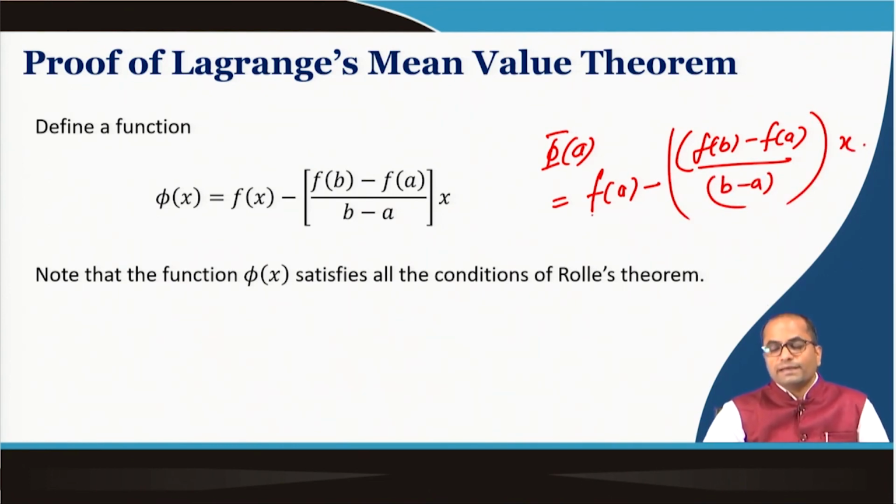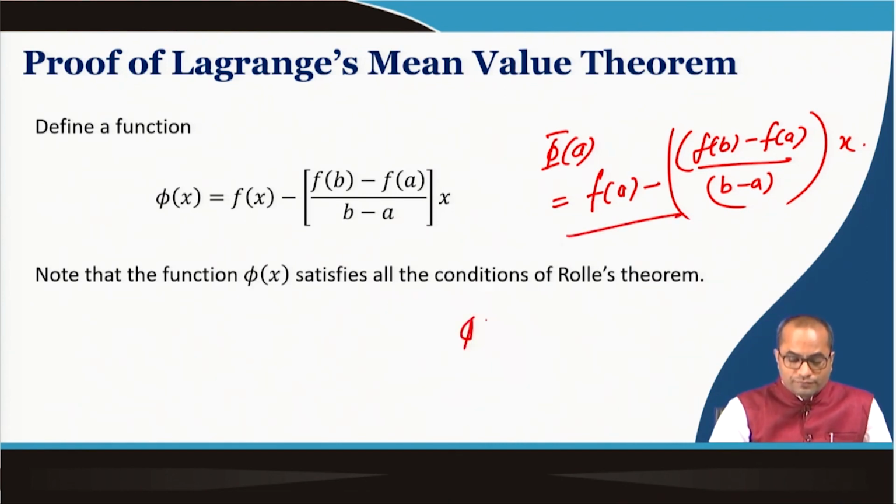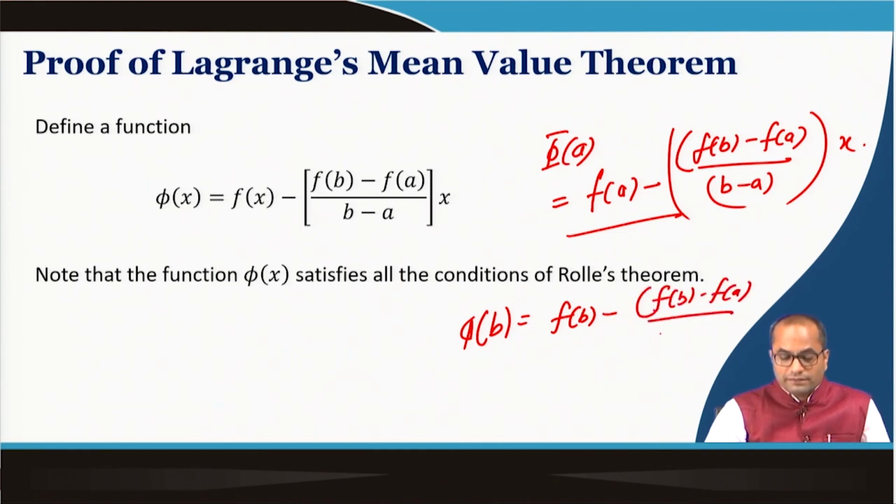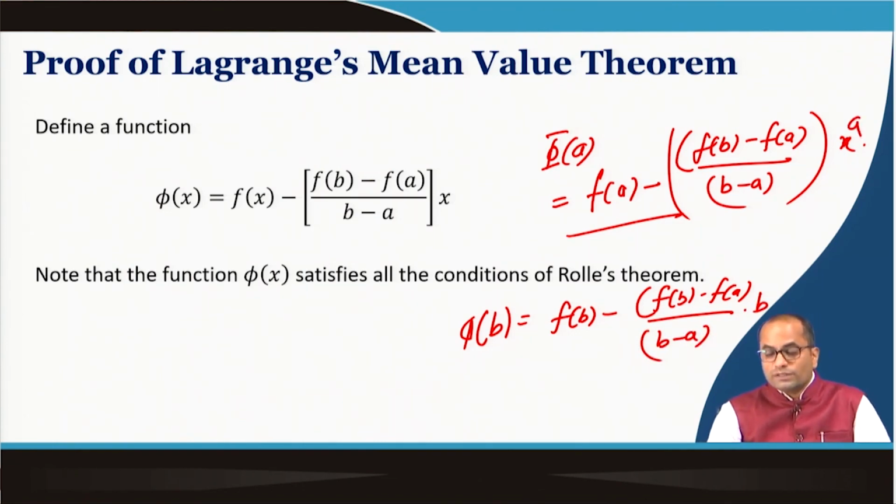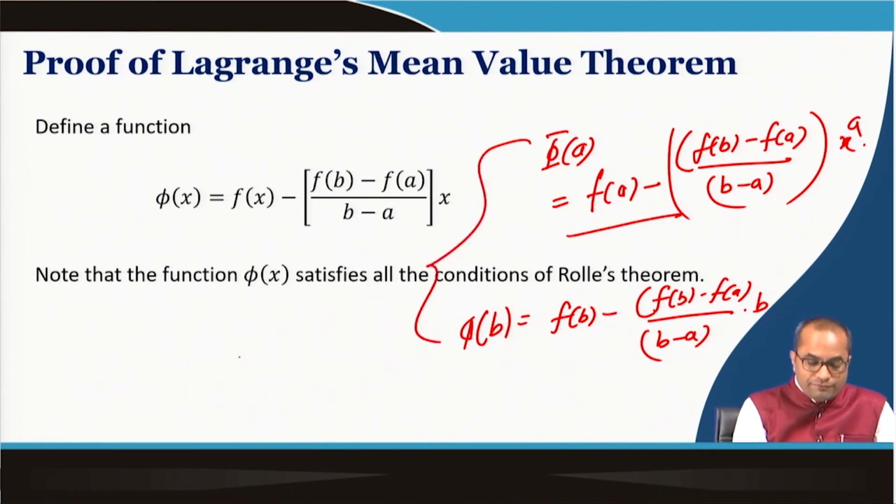We will simplify this, and then we will also compute phi b, which is f b minus f b minus f a, divided by b minus a, times b, and this is here a, basically, right. So, once we simplify these two, we will realize that phi a is also equal to phi b